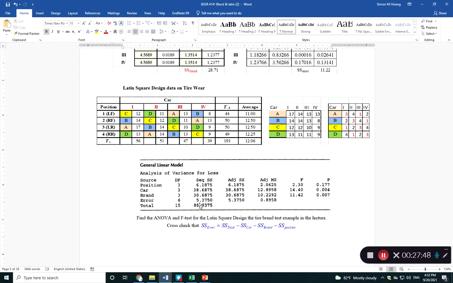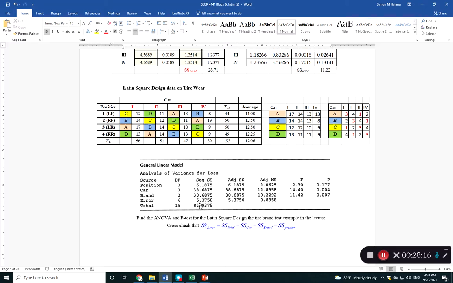Which one has few degrees of freedom? Only a few shots, but shoots up tons of sum of square. The car, right? Car takes a lot of sum of square. The brand is the second one. Even though we're doing a simple Latin square partition here,